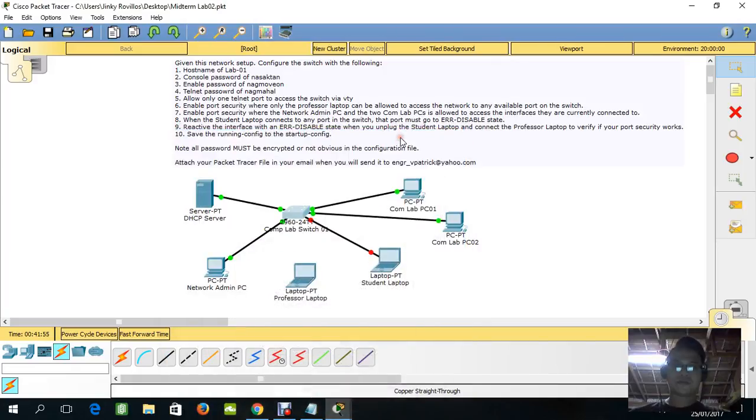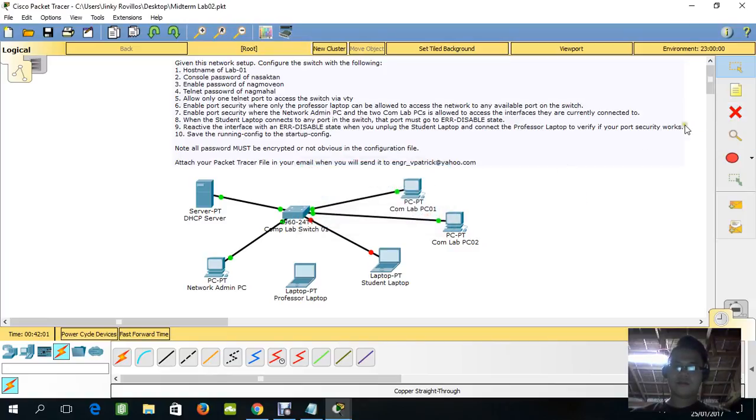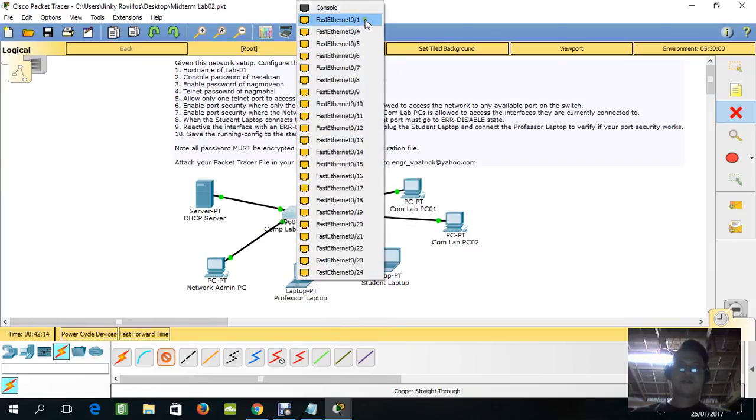So we're going to cancel, and then connect the professor laptop, this one is Ethernet 0/1.